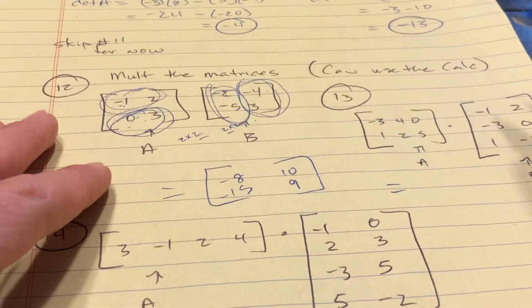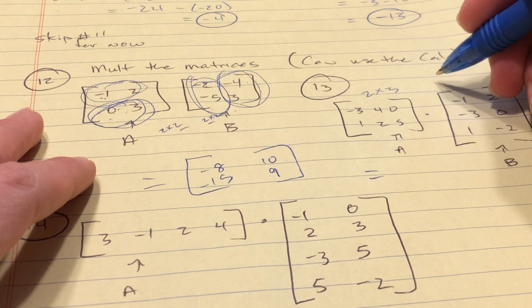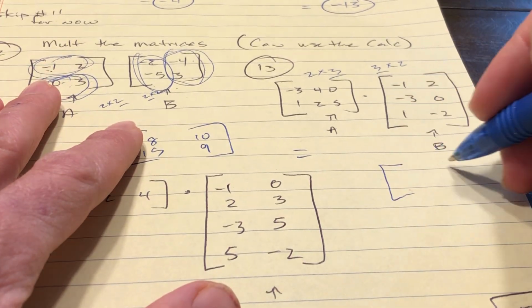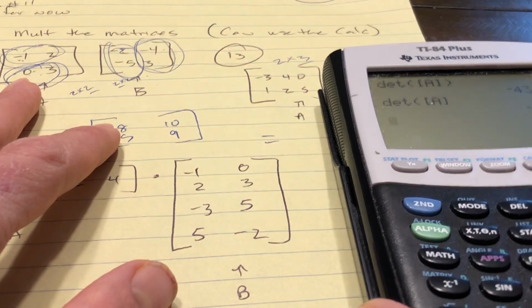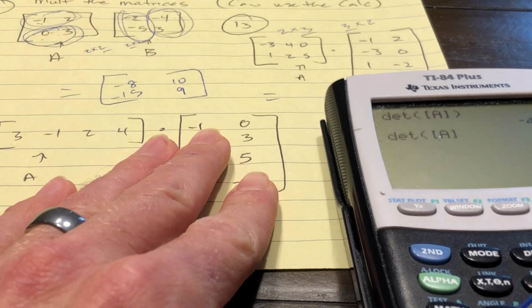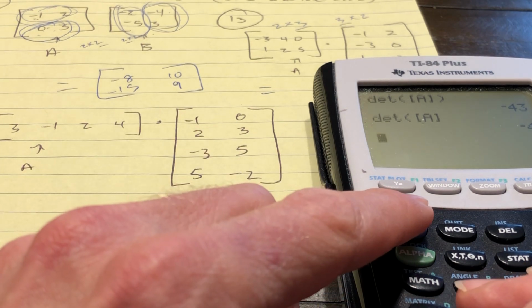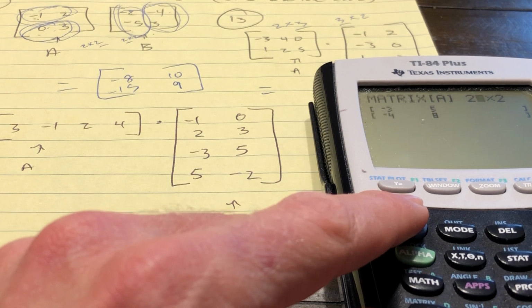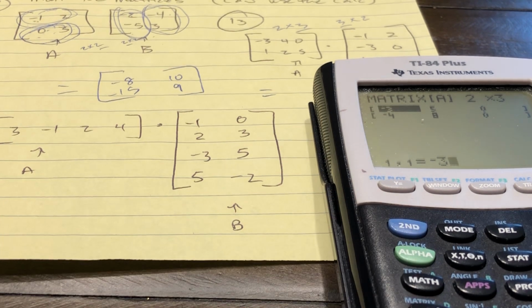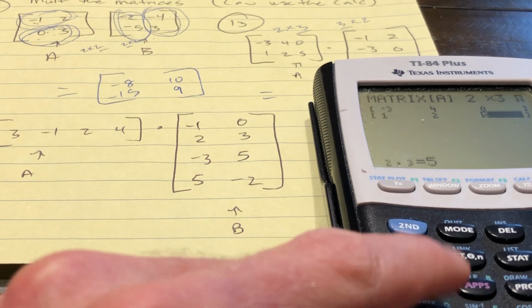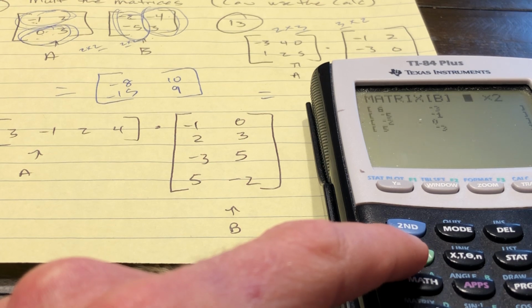All right. Here you have a 2 by 3 and then a 3 by 2. So yes, the product is going to be another 2 by 2. So if you want, you can use the calculator. Let's type this one into the calculator. Second, x to the negative first, edit. A is a what? 2 by 3. Negative 3, 4, 0, 1, 2, 5. Second, x to the negative first, edit. Let's go down to B. B is a 3 by